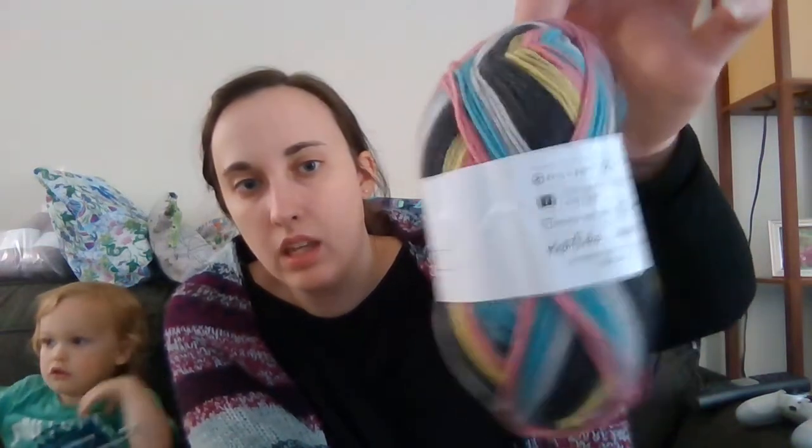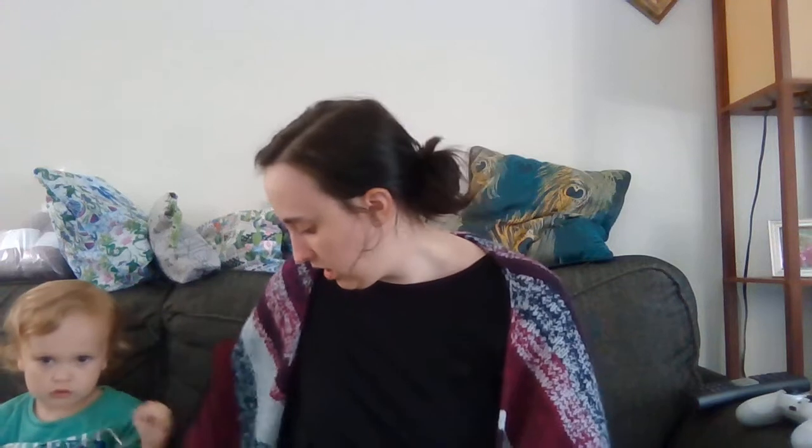So for Mother's Day, I got a bunch of patterns off Ravelry and some yarn off Knit Picks, and this is one of the ones I got. Felici and test pattern. And I got another one. Remy was sitting on it. I think I just got one skein of this because I was gonna do shorty socks with it. And this one I got two because I want to do